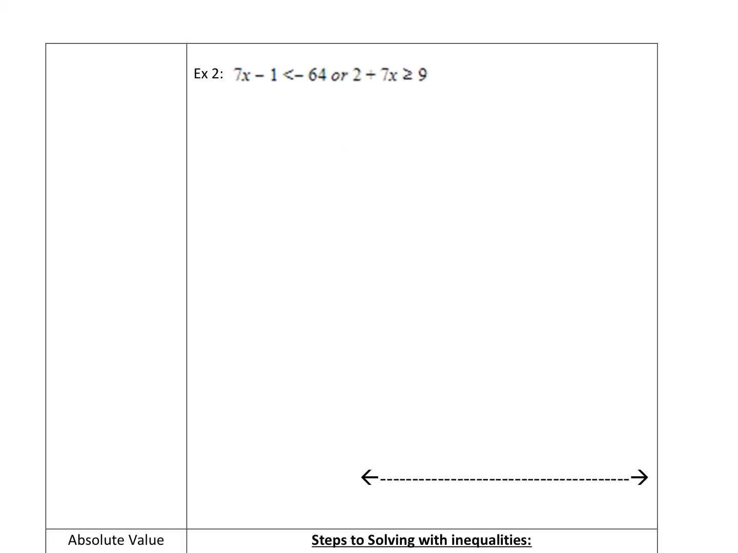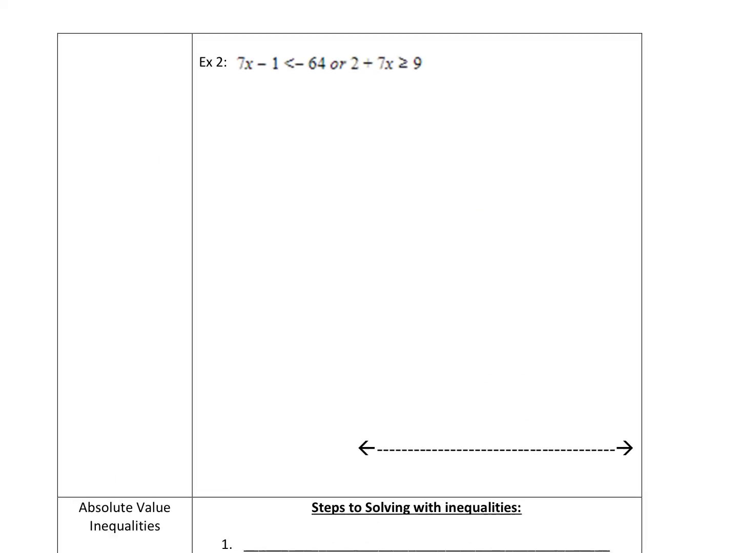So go ahead and try this one. It's obviously an or problem because it has the word or in it. So go ahead and give that a go. First problem, what do I need to do to solve that? Add the 1 over. So 7x is less than, and divide by